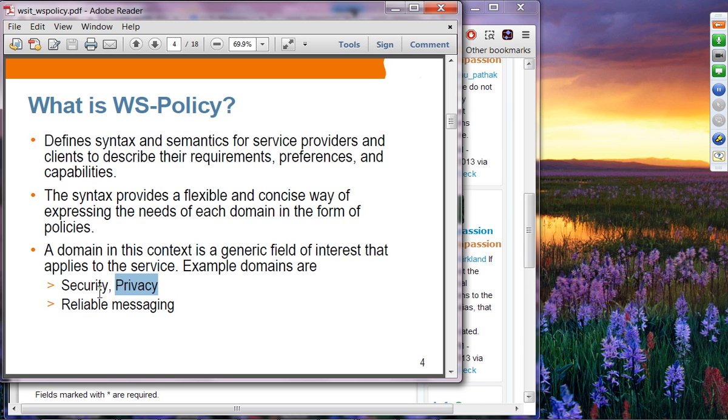Okay. So as you are going to see later on, the WS policy just defines the generic syntax and semantics, while these domain-specific features will have their own WS policy specification describing the requirements and preferences of capabilities. So you're going to see later on WS policy specifying security requirements. That's in fact called the WS security policy specification. So WS policy spec is just defining the syntax and semantics that could be used by domain-specific policy specifications. So we are going to see examples of that in a following slide.